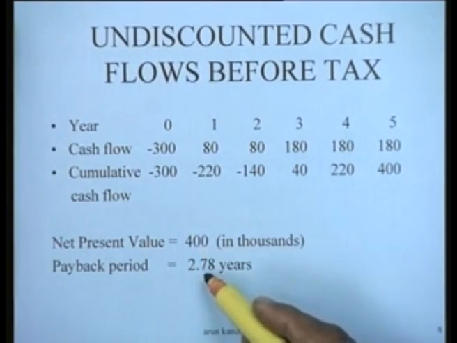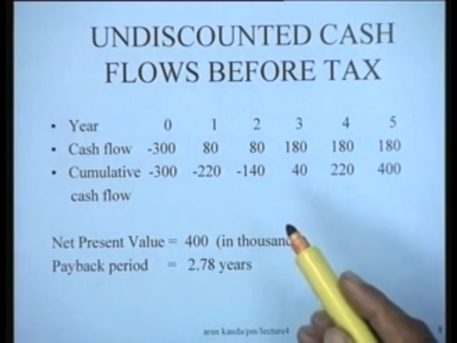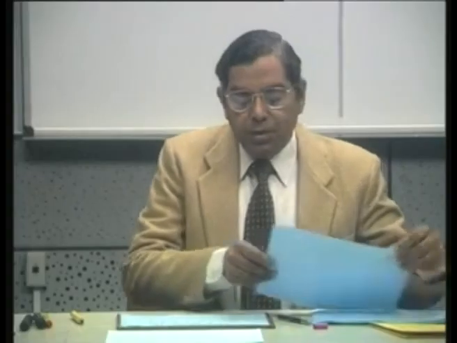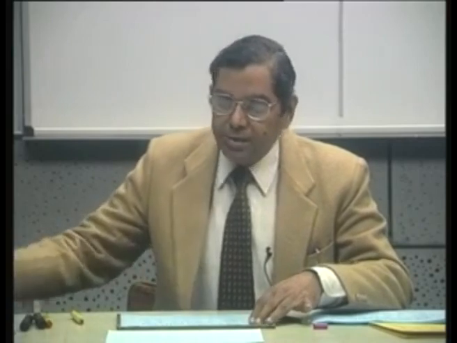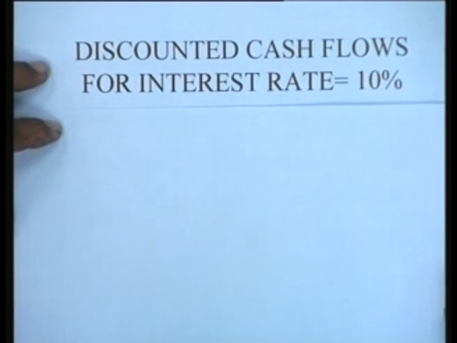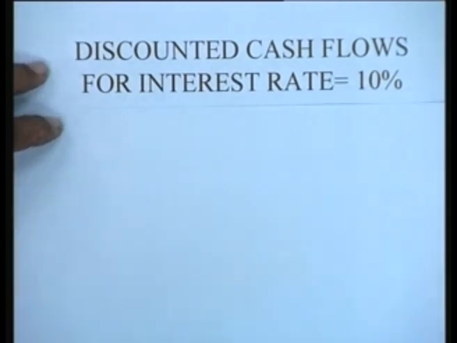So we have computed the NPV and the payback period in the undiscounted case for this particular project which we are considering. Now we could similarly compute these values, let us say the discounted cash flows for an interest rate of, let us say, 10%. So if we want to do it for an interest rate of 10%, all that would be required in our computations here